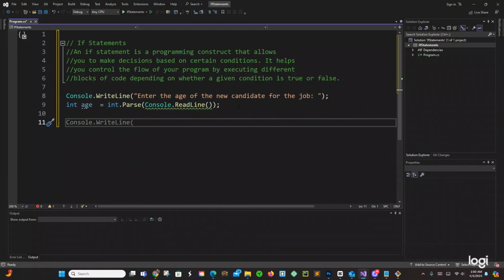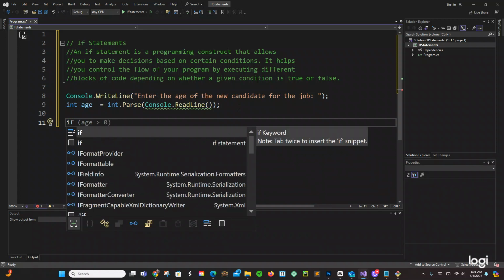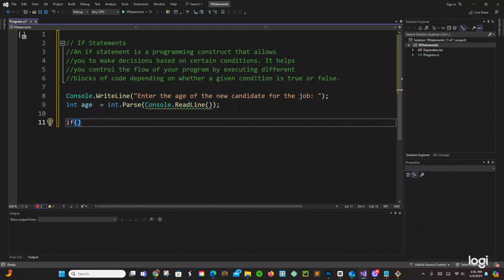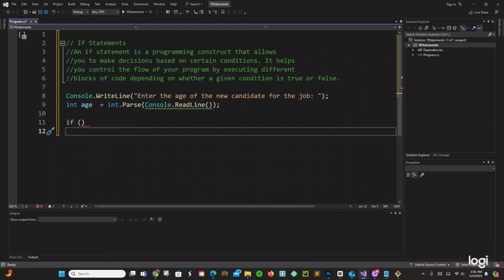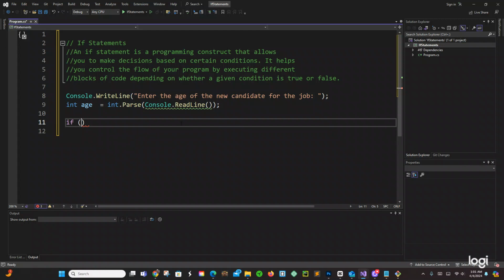Now next we're going to use our if statement. Let's see what we want to accomplish with it. If we have one block of code, we don't need the curly braces or brackets. We want to say: if age is less than 18,